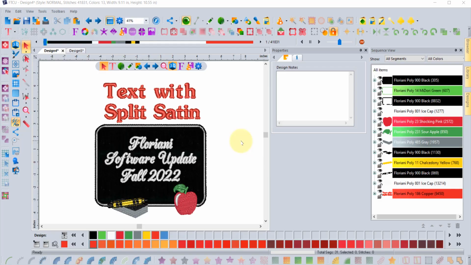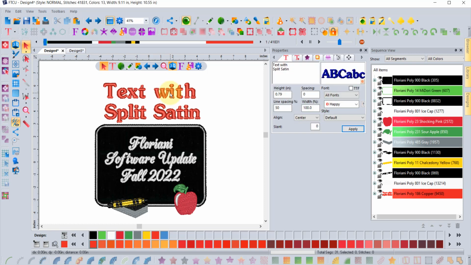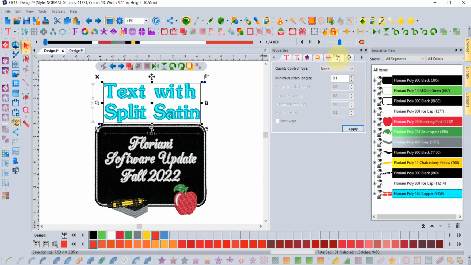Another one of the updates in the latest software is the ability to do a split satin with your text segments, and that is going to give you a lot more options, especially with your large size text. Essentially, when you select a text segment, there is now a tab in the properties box called the split tab. In here you can choose to add a middle split, absolute split, a percentage split, or a random split to your letters,